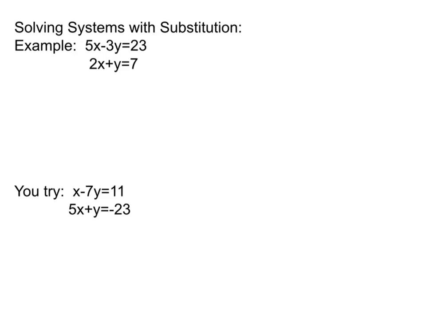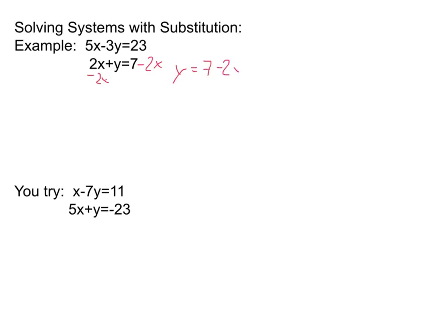Okay, solving systems with substitution. So substituting, we need to have y or x equal to something. If you look at that second equation, there's no coefficient in front of y, meaning there's no number in front of y. So if we could just move that 2x over, it's solved for y, and we can substitute that in place of the y in the first equation. So let's move that 2x over. So we would subtract 2x. So I'm going to get y equals